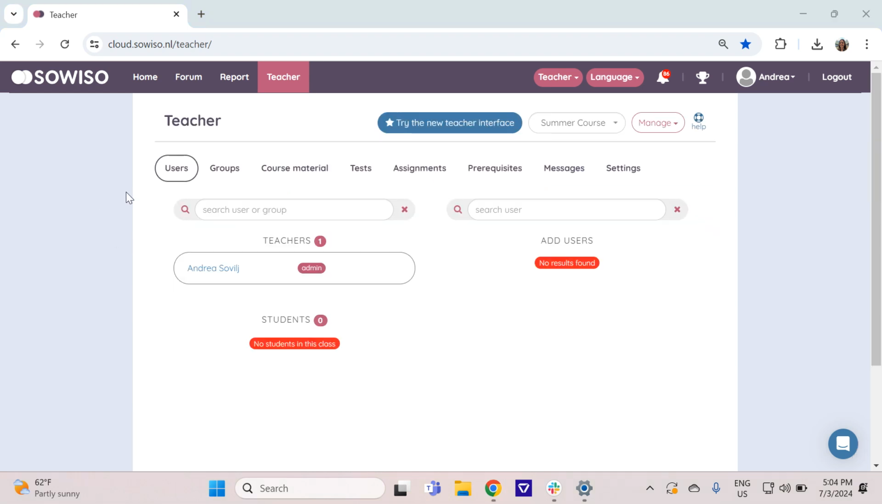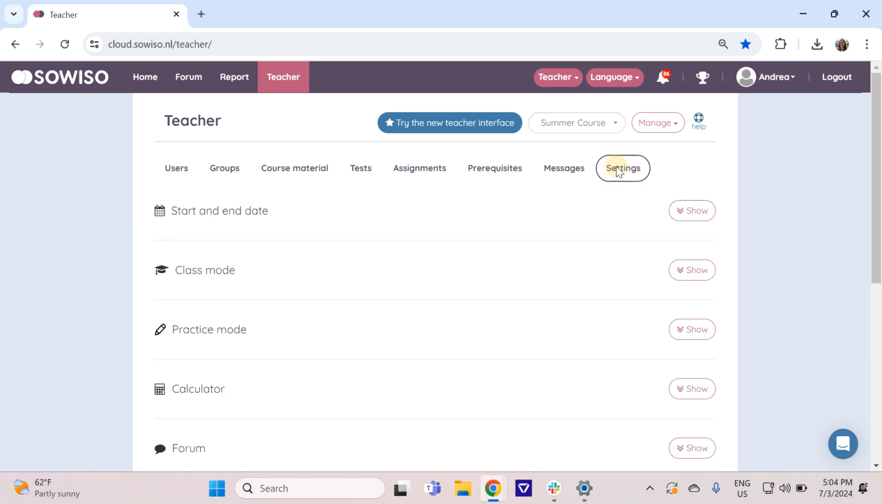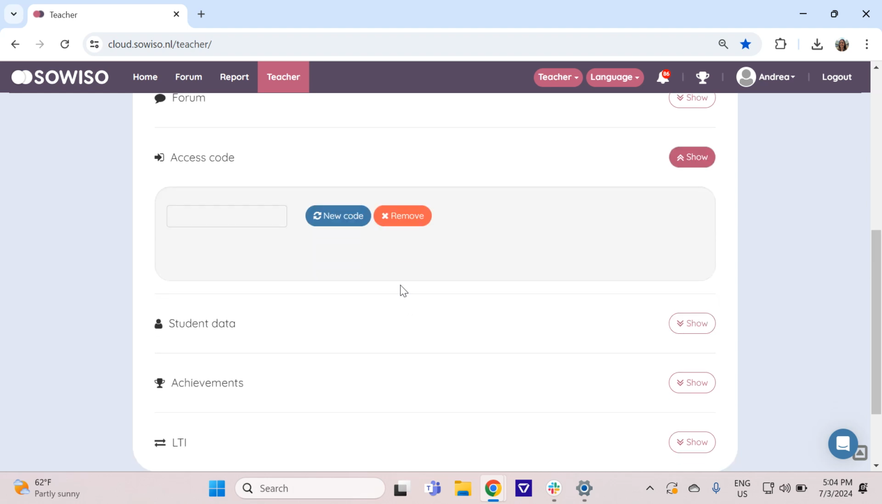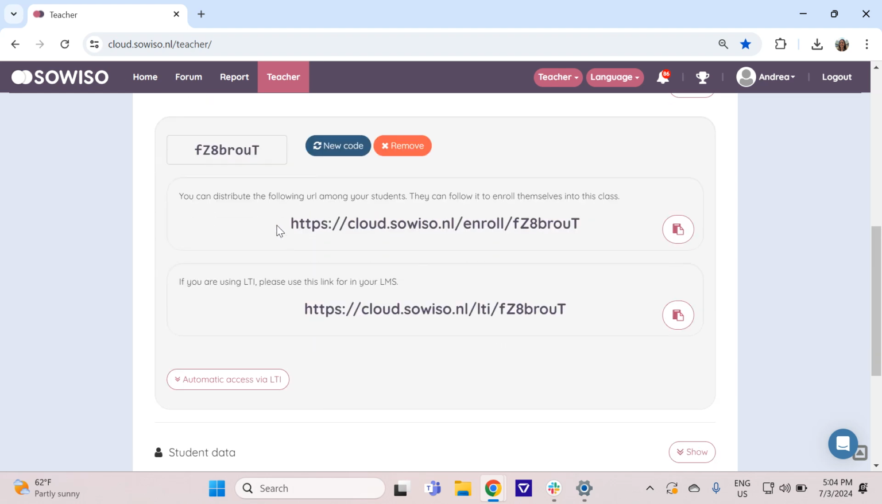And the last thing is to, of course, invite our students. And to do that, we're going to go to class settings here. And then we're going to go to the access code. Right now, there's no access code, so I'm going to generate a new one. I'm getting immediately two different links. The first link is for the students who need to sign up via the browser,